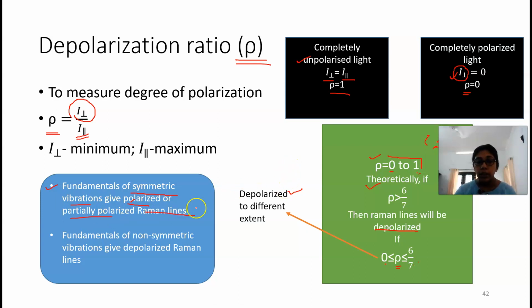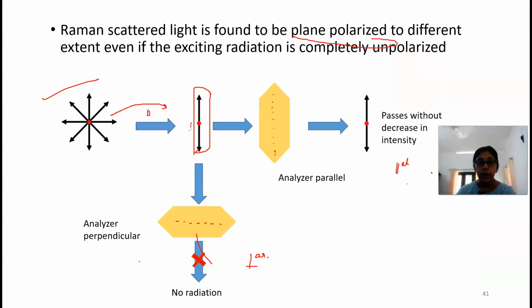Polarized means the rho value will be equal to 0 or less than 6/7. In that case we can say it is somewhat polarized. And if it is non-symmetric vibration, fundamentals of non-symmetric vibration, then we have depolarized Raman lines, that is rho will be greater than 6/7. So this is the basic thing regarding polarized and depolarized Raman lines or depolarization ratio. So Raman lines will be polarized to a certain extent, and this actually can be analyzed using a